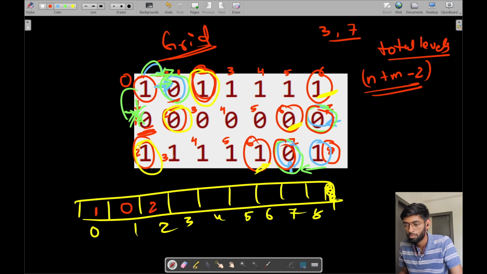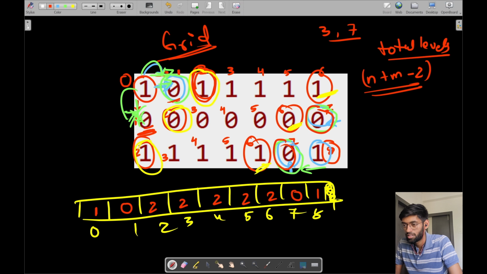2. Similarly, number of ones on level 3, 2. Number of ones on level 4, 2. Number of ones on level 5, again 2. Number of ones on level 6 are also 2. Number of ones on level 7, 0. And number of ones on level 8, which is 1. So let me tell you,